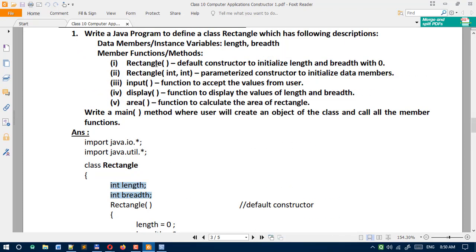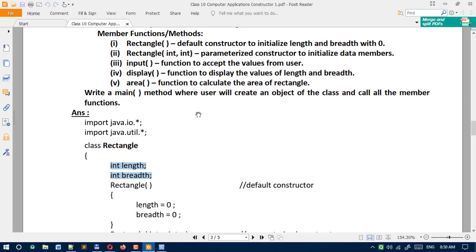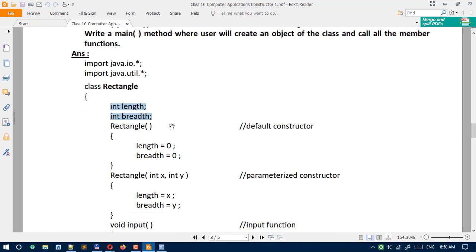Now member functions or methods. The first one is the default constructor. Here you can see the default constructor we have defined, rectangle with brackets. Keep in mind, this constructor name rectangle must be the same as the class name. You can see the class name is rectangle, so the constructor name must be the same, rectangle.